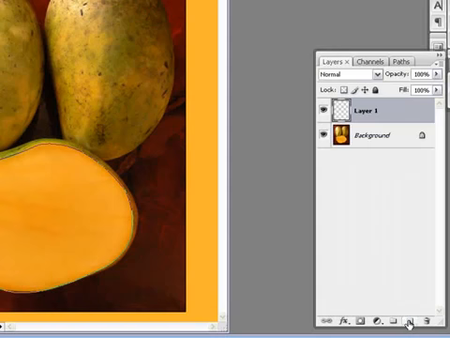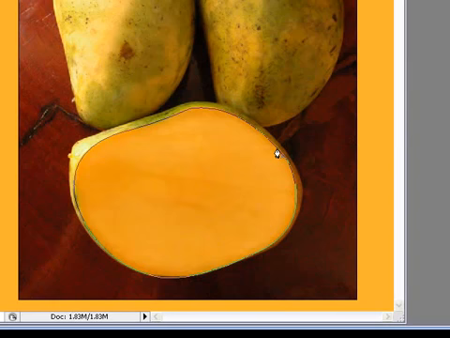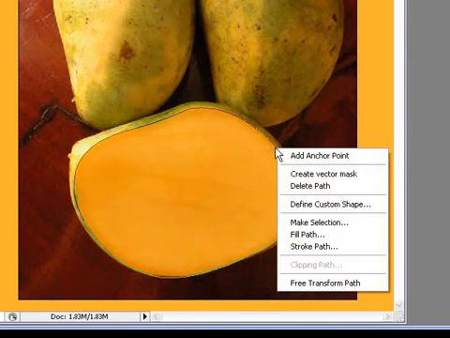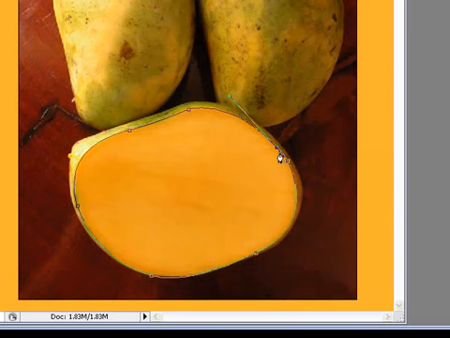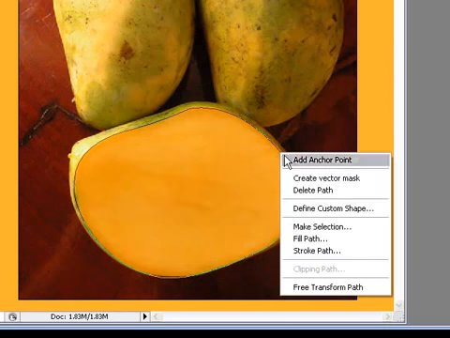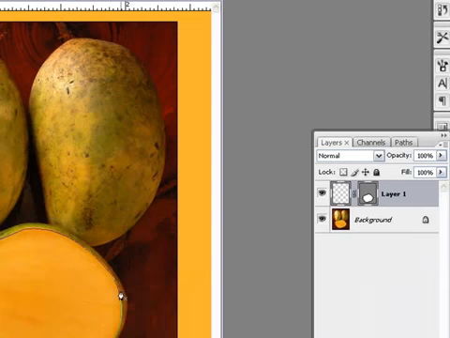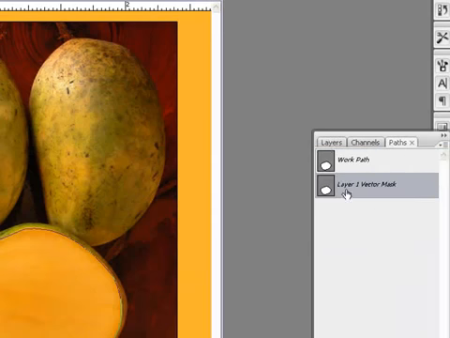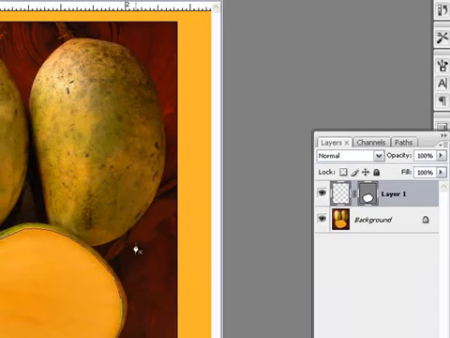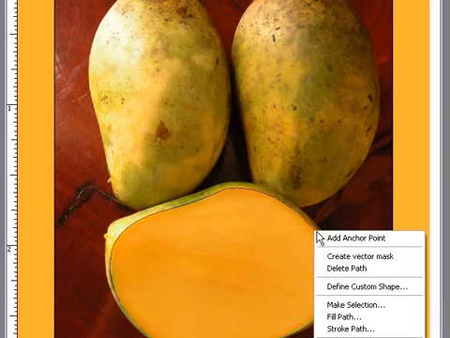So you simply add a new layer, and with your pen tool still selected, if you hover over the line and you right click, you get brought up some options. You could add anchor points. You could create a vector mask, meaning you'll see your layer and you'll have a vector mask next to it, and it will also come up in the work path. Okay, let's Control Z that. You can delete the path, you can define a custom shape, which we'll do in a sec, and you can